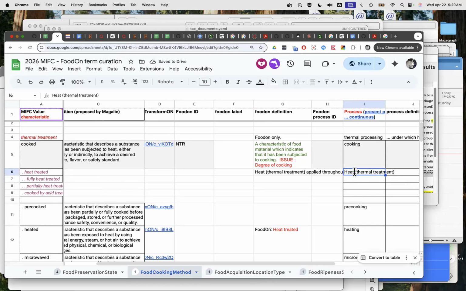Thermal. And just to mention that I have also looked at the lingual facets or FoodX2 facets for cooking, and